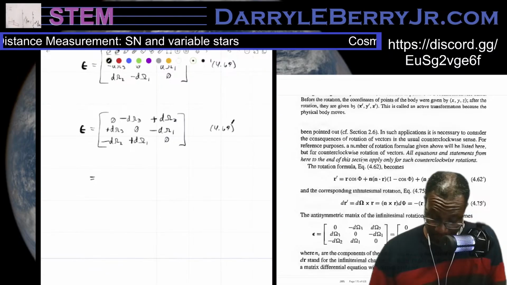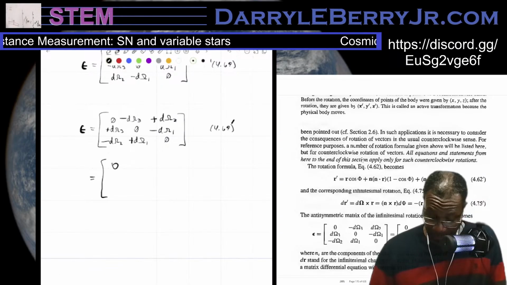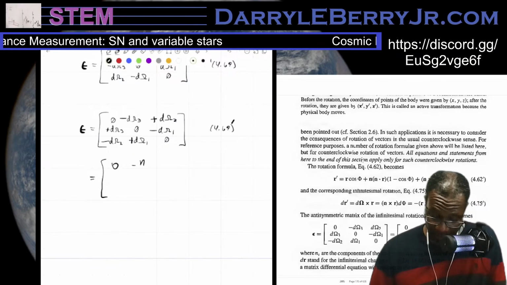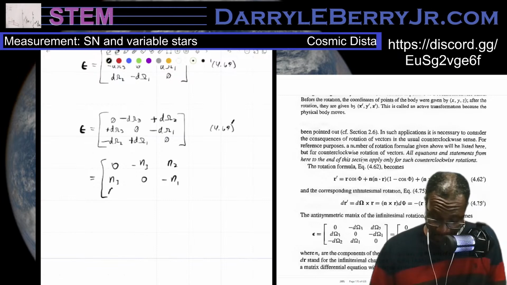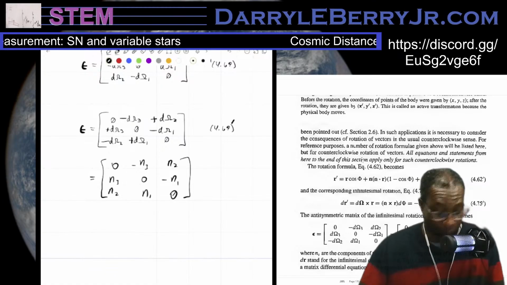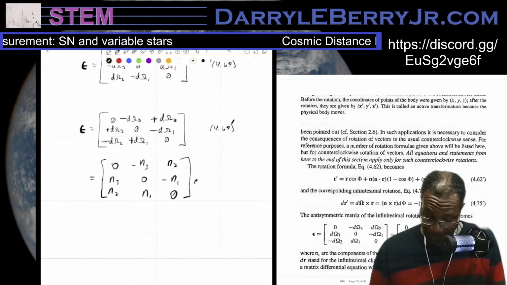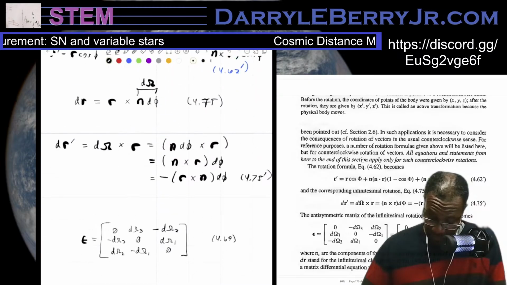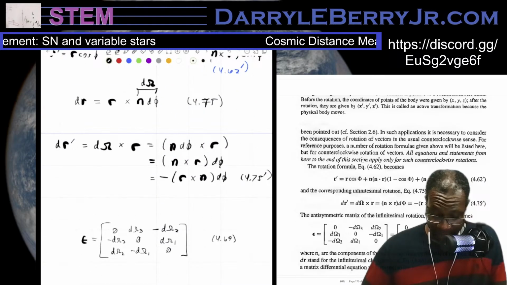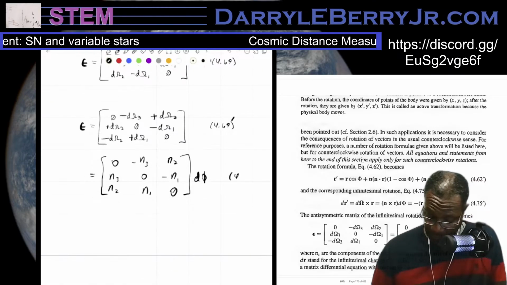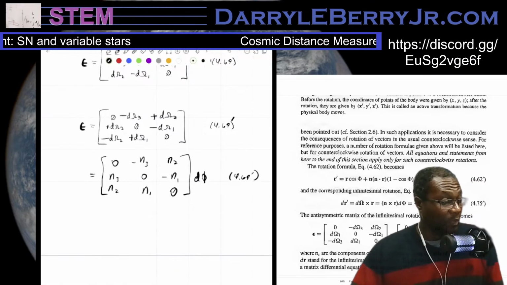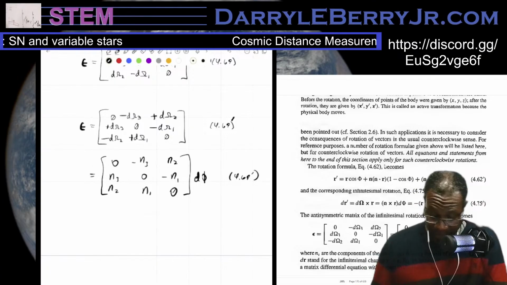which equals 0, negative n3, n2; n3, 0, negative n1; negative n2, n1, 0. Times d phi, because d omega is n d phi. That makes sense. The n_i are the components of the unit vector